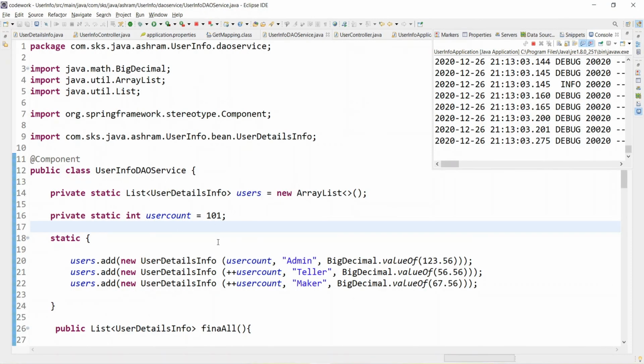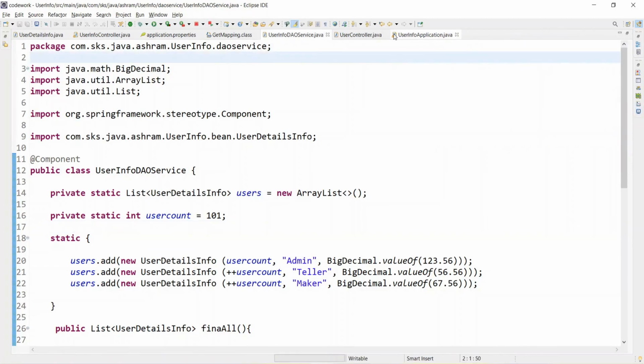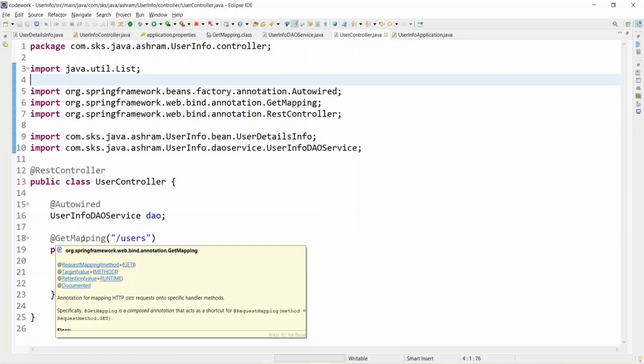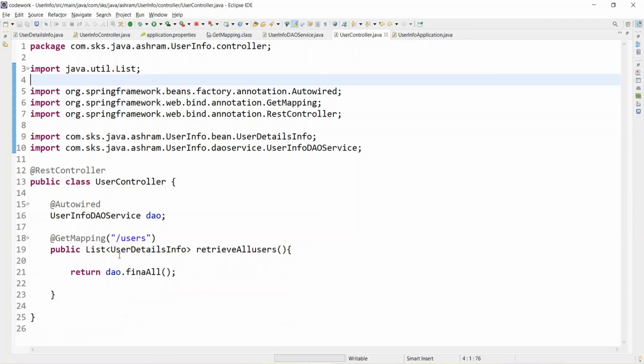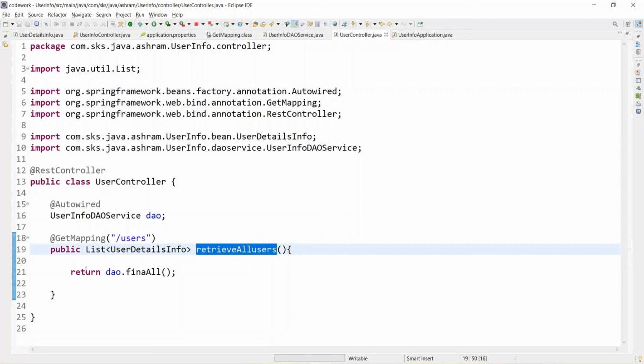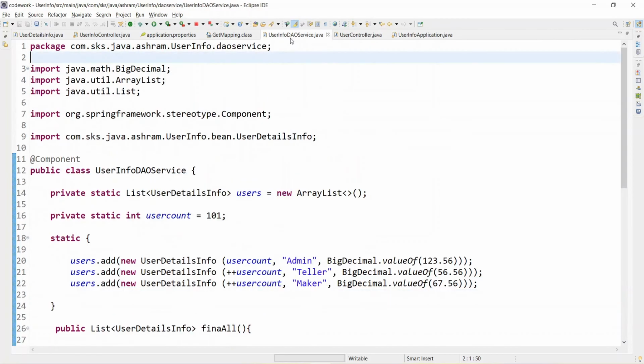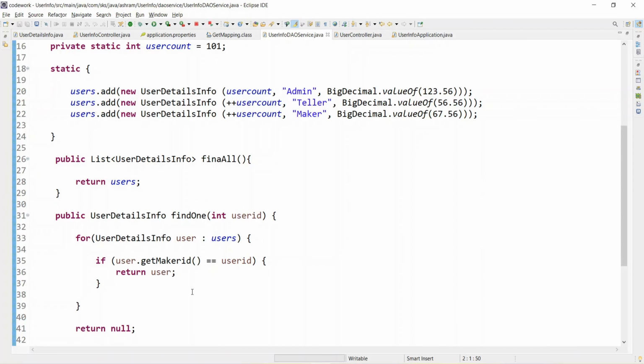So you got it, how the function is happening, how the request is coming to the REST controller, the user controller. The user controller is routing the request to the get mapping users, and this mapping is mapped with this method, and this method is calling the DAO layer. Currently in the DAO layer we are not interacting with the database, but later on we'll include this. So this is all about the find all information.